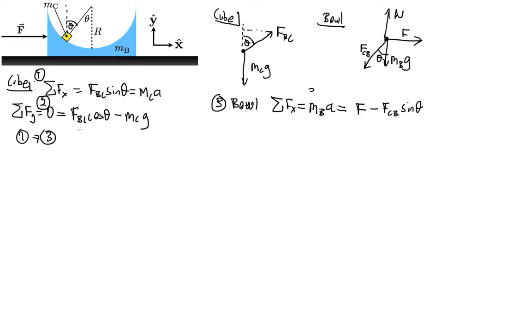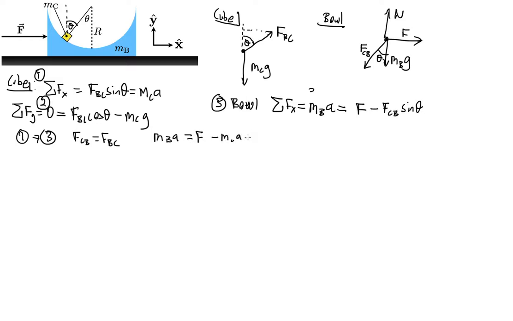I happen to know that because FCB is equal to FBC, we're all set. That's Newton's third law, and then I can just plug in mc times a for this second term right here. And let's go ahead and do that. That is the mass of the bowl times the acceleration is equal to the force